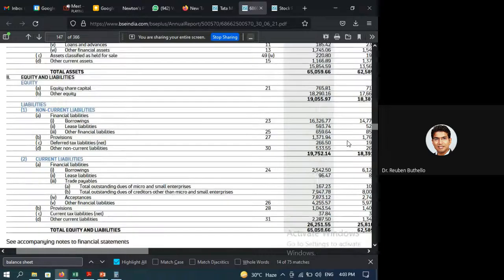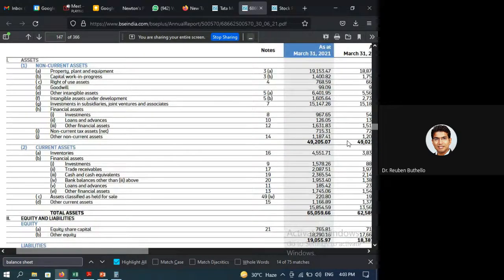Okay. So you have the assets on top. And the way the assets are classified is you have your long-term assets first, then you have your short-term assets. So in a factory like Tata Motors, what are the long-term assets that the company has? So if you look at the balance sheet first, right? Machinery. Before machinery is what is long-term. Machinery also will degrade. Property. So you have land and property, which is your first primary asset.